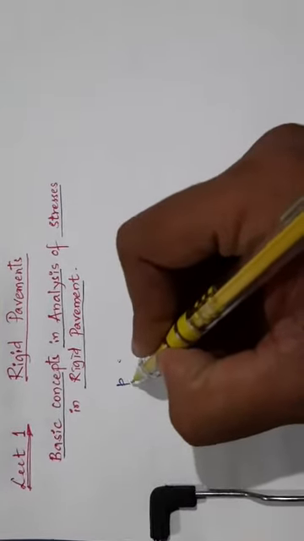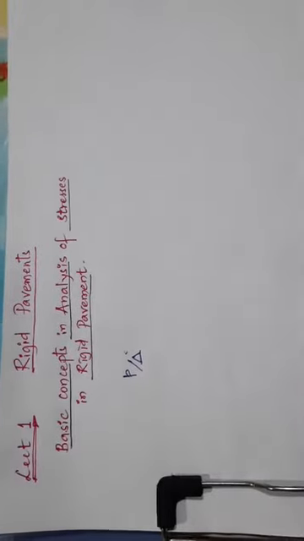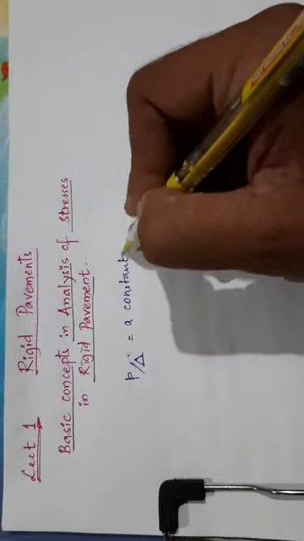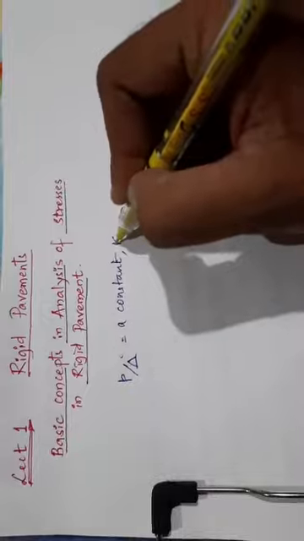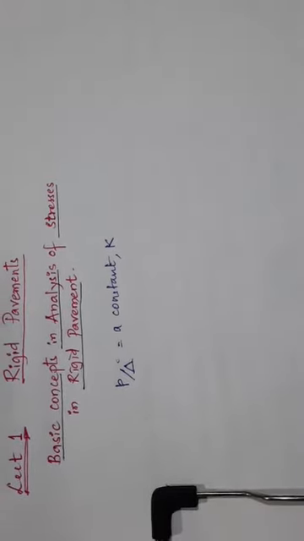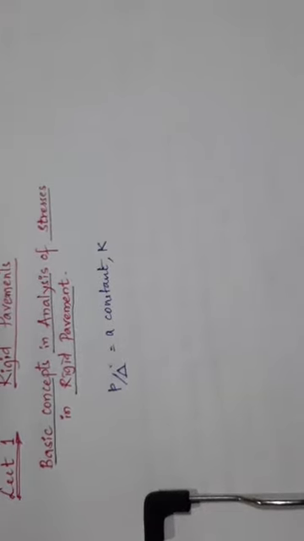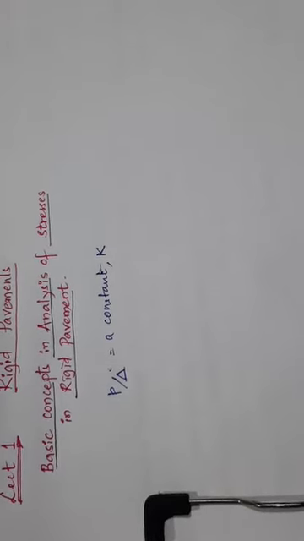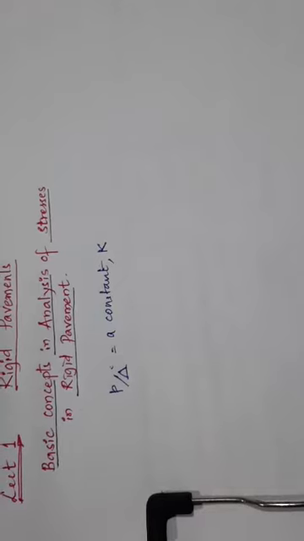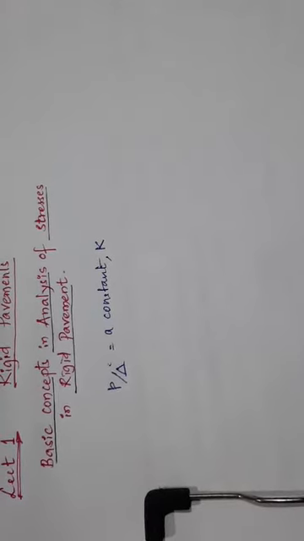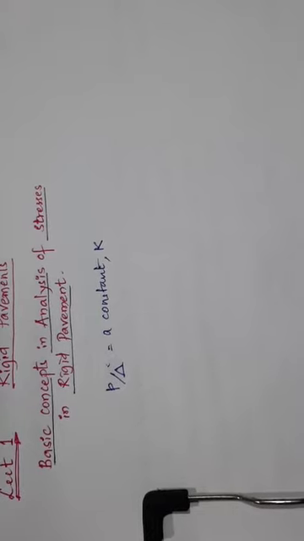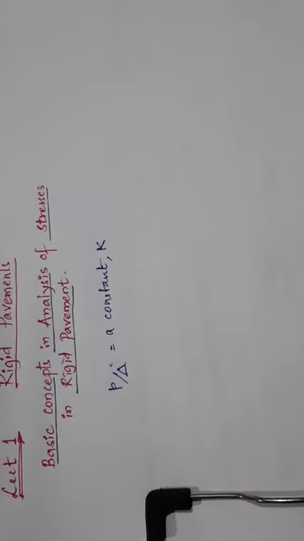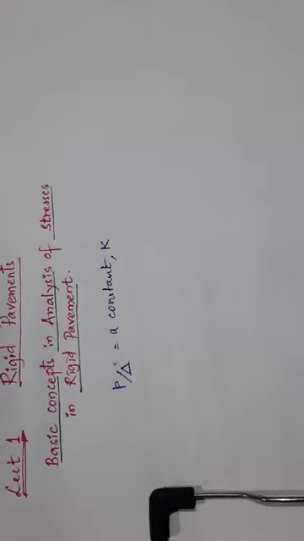Where this is called a constant. Here that K, the constant, is defined as the modulus of subgrade reaction. And the equations for determining the stresses in the rigid pavement were expressed by Westergaard using properties such as modulus of subgrade reaction, radius of relative stiffness, equivalent radius of resisting section, and three critical positions of the wheel load, namely interior, edge, and corner loading were also considered here.